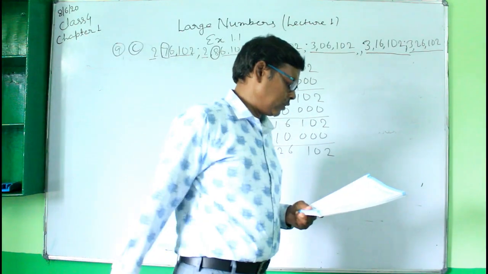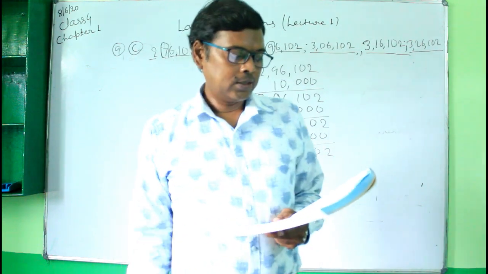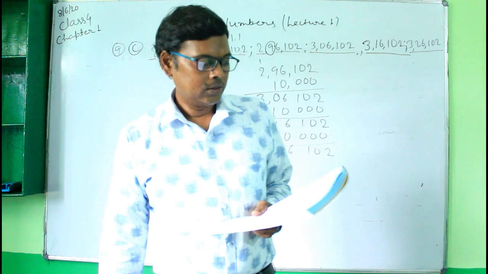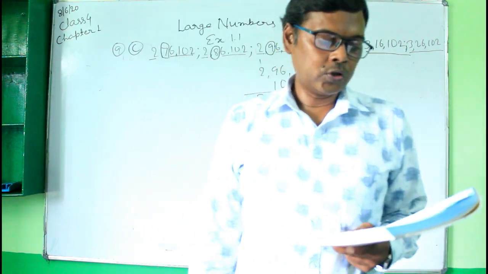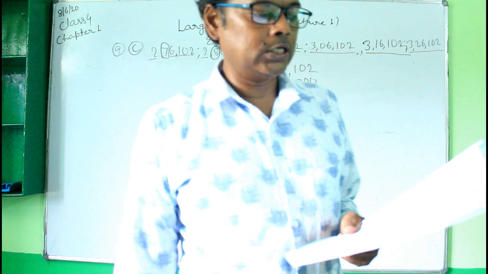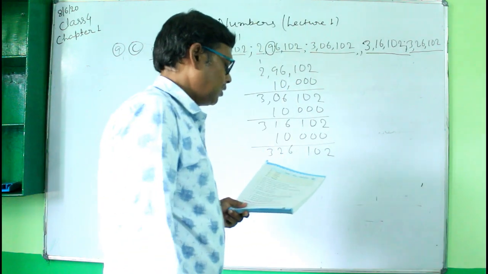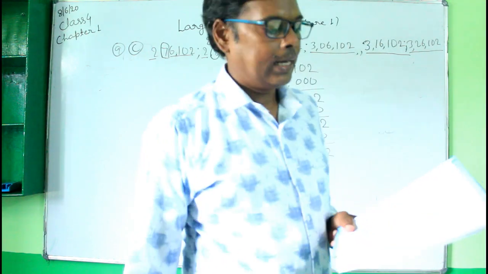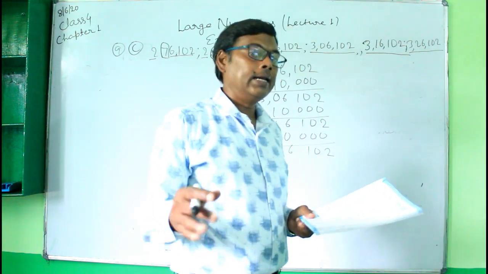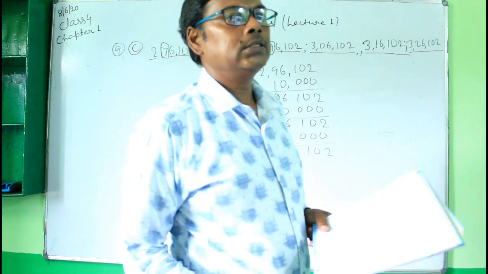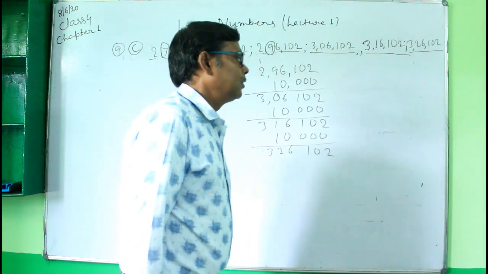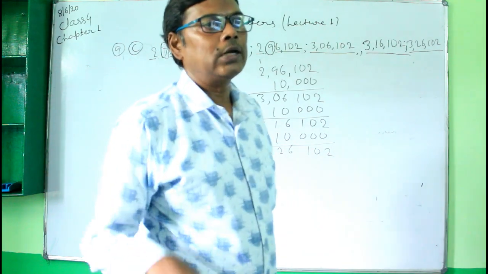Now the question number is 10. One question is left in question number 9; you will do it yourself. And question number 10: write 4 consecutive numbers coming just after this. We are given the number 32,065, and you have to write the next 4 numbers, that is, the consecutive numbers. Consecutive means the number just after one other number.